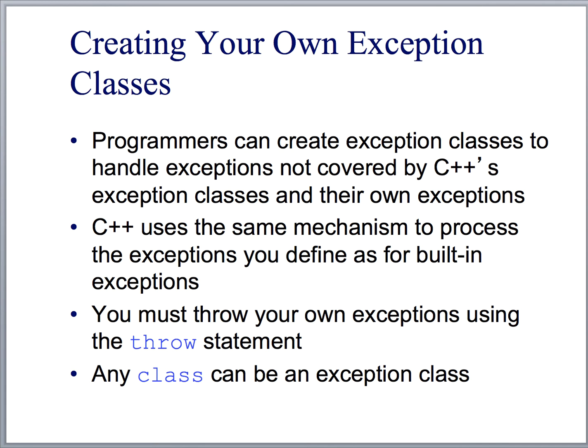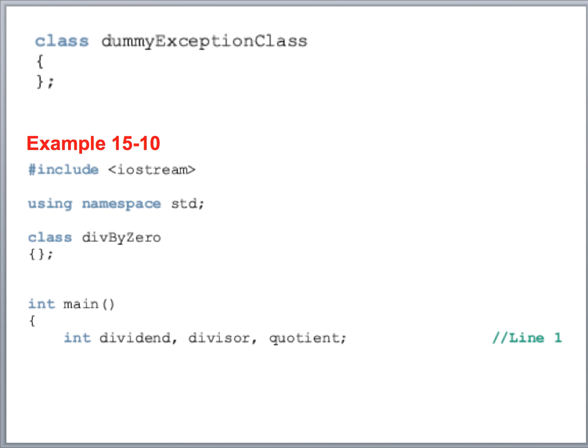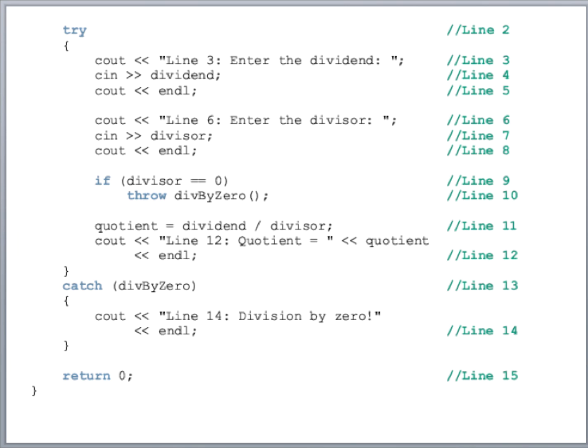You can also create your own exception classes, usually derived from the base exception class in C++. That way you can put in your own detailed information about what occurred, and then you can throw that exception. So in this first example, we've created a class called dummy exception class, in this case class divide by 0. We've got main declared, and we're throwing this divide by 0 object, which is just a dummy object at this point,